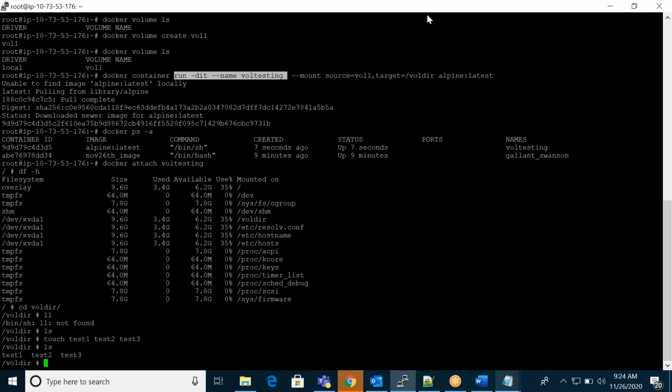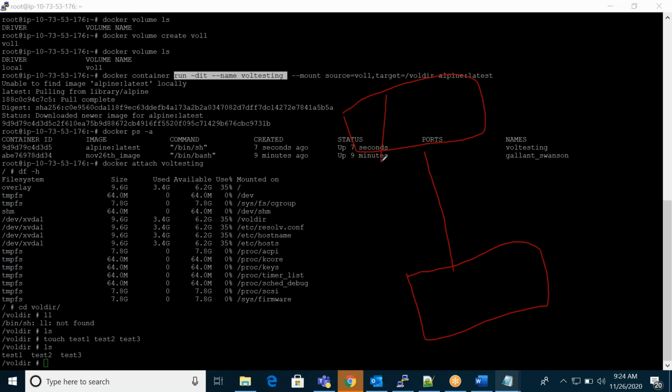So now what I did: I created one volume and attached it to one container. In this volume I have some stuff, some empty files: test1, test2, test3. Now what will I do?